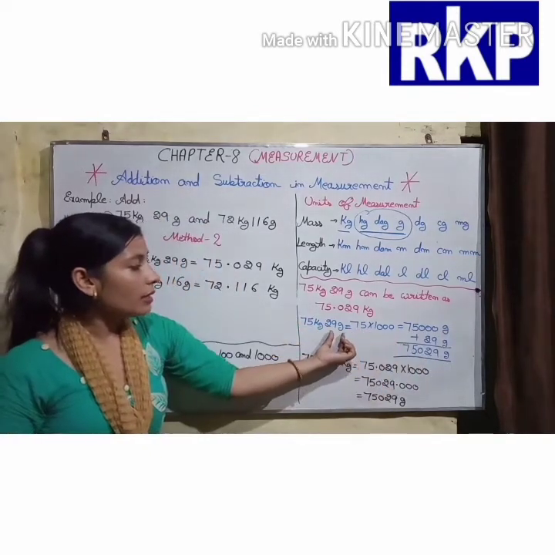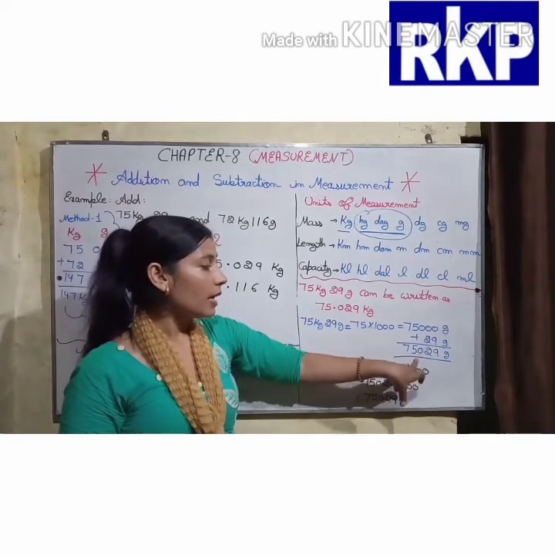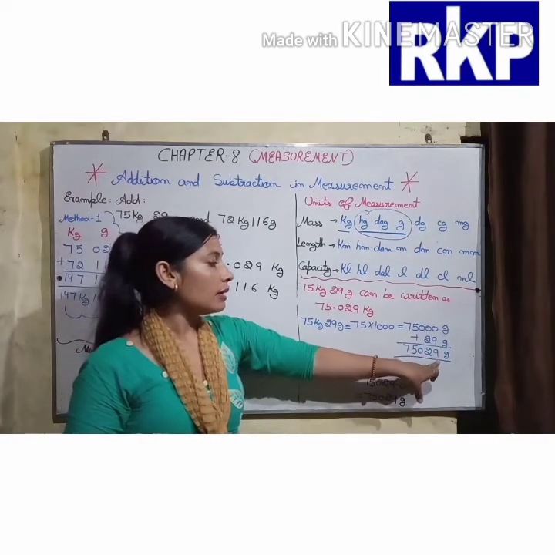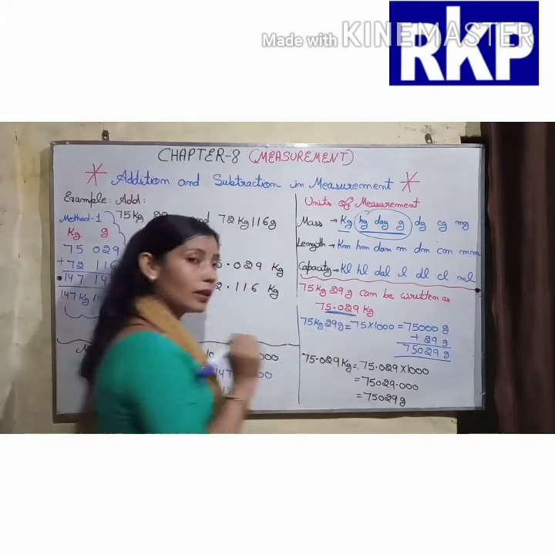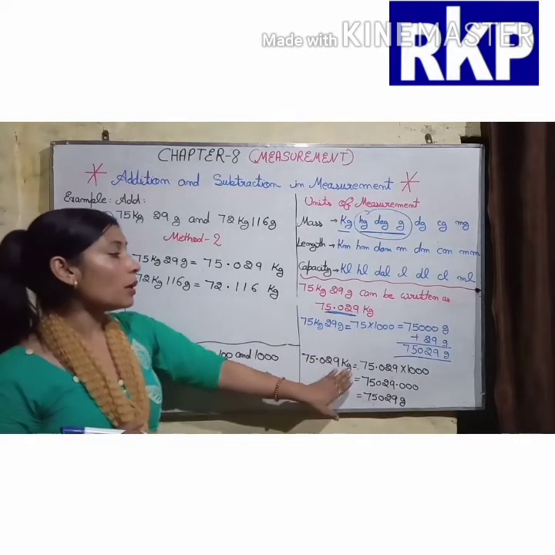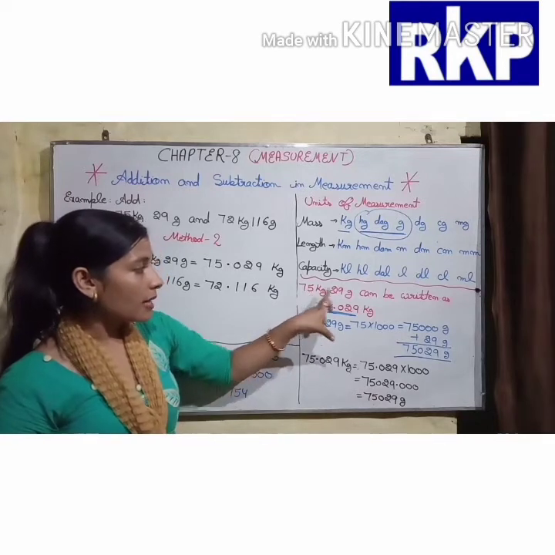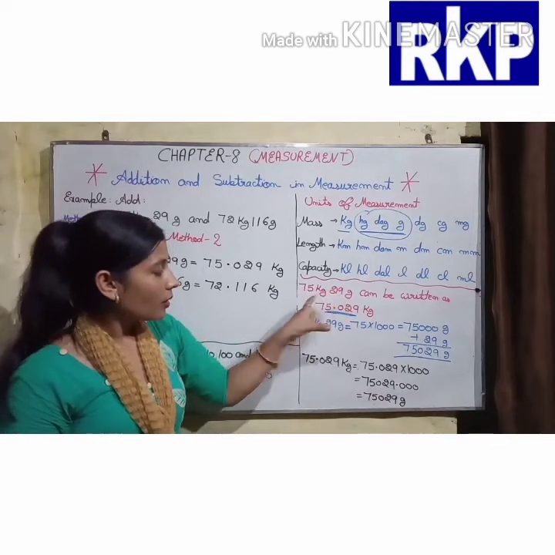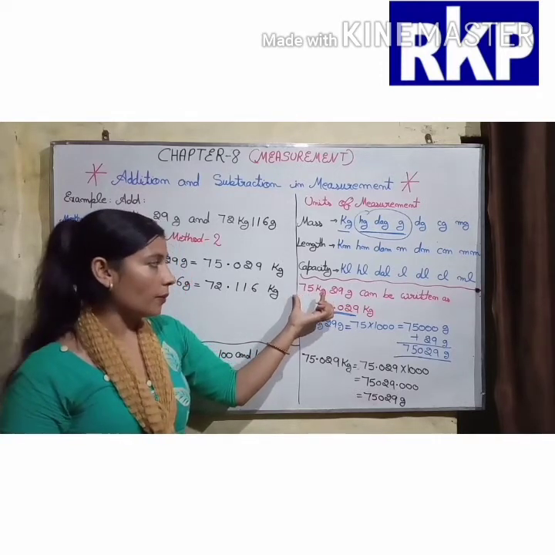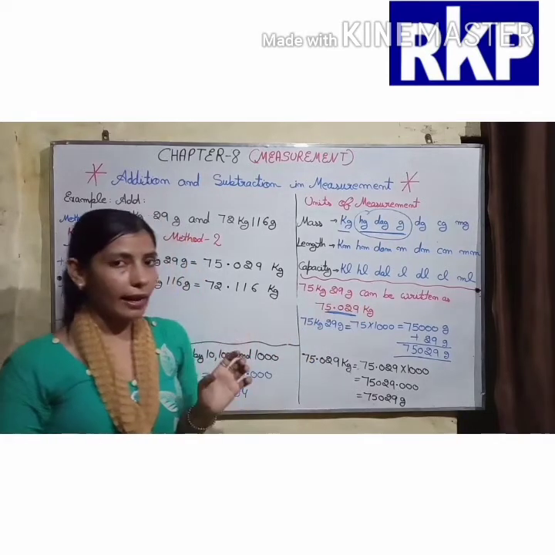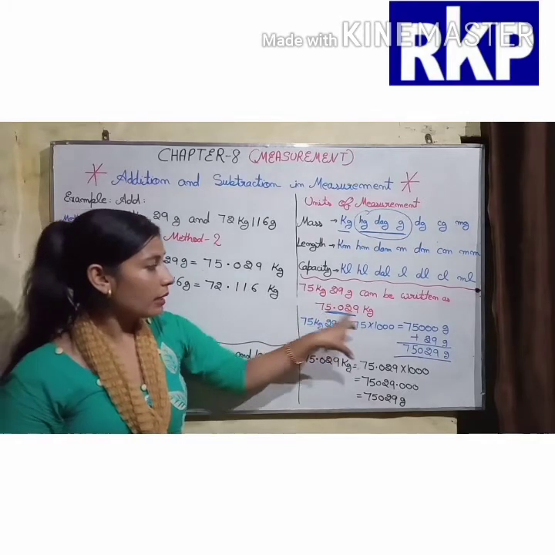And here we have 29 grams also, so we need to add this also. And when we add, we get 75,029 grams. And if we convert this beta into grams, then also we need to multiply this with 1000. Here we have these kilograms and these grams. So here we applied multiplication to only 75, and 29 we directly added, because this is already in grams, but here all in kilograms.